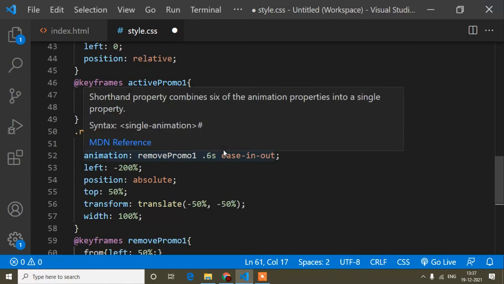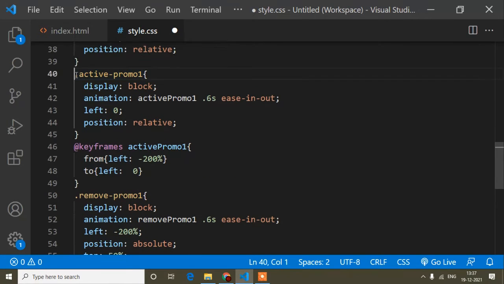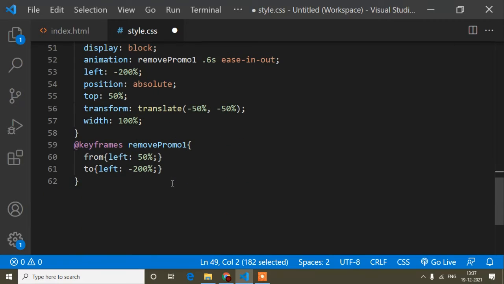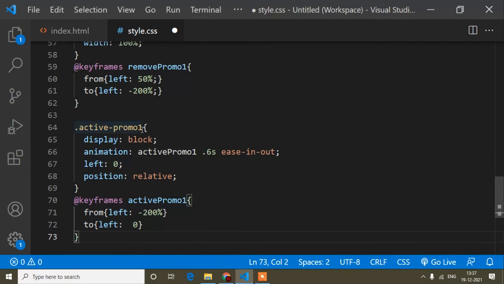So this is done, and now guys I will copy this one and add it for the second slider. The name I will just change here to Active Promo 2, and the animation name I will change to Active Promo 2 here, and this one Active Promo 2.